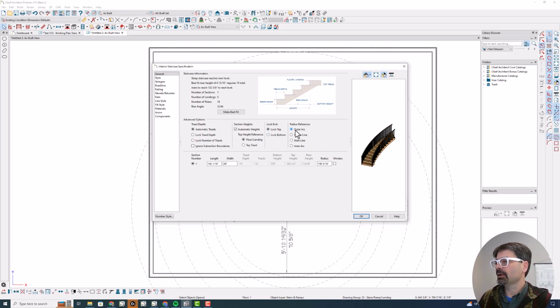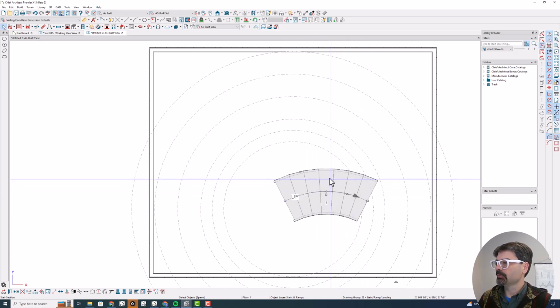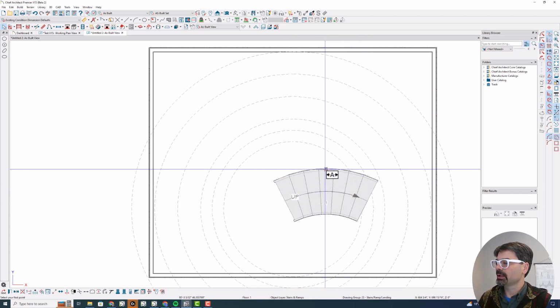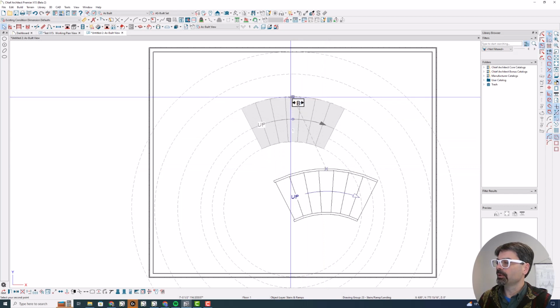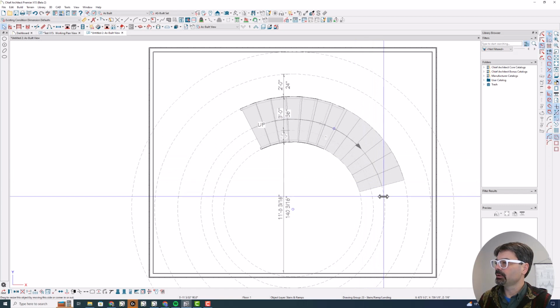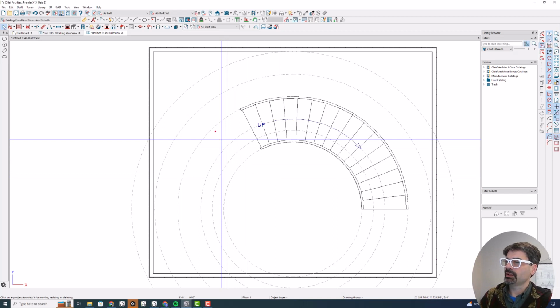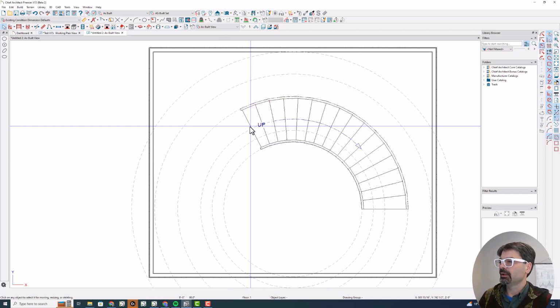All right, on the outer arc, I want to make this radius 120 inches, or 10 feet. You see it change things, but I can move that. I can point to point move, and I can grab that. That happens to be the midpoint, and that's okay. I'm going to move it right up here to the 10-foot line, and I'm going to start dragging this around. There we go. So that 10-foot arc, 10-foot circle right there, is to the outside of the